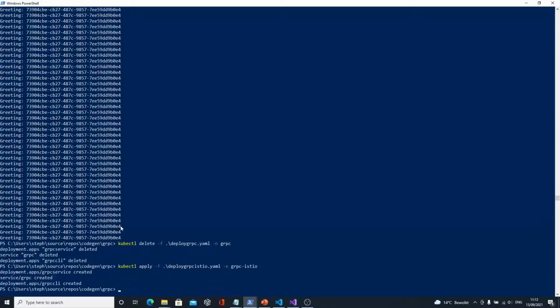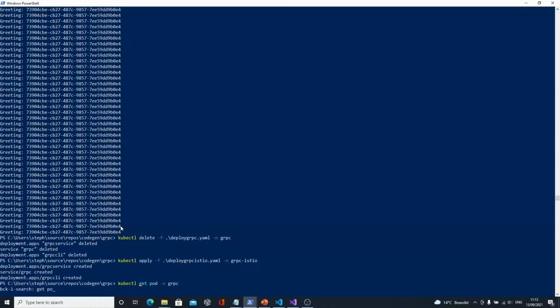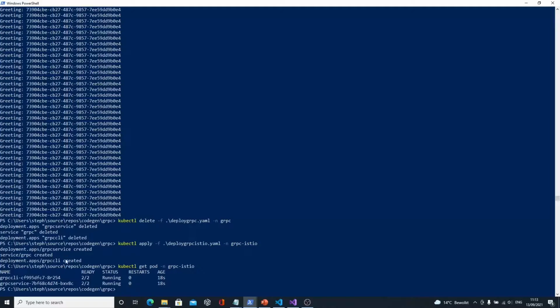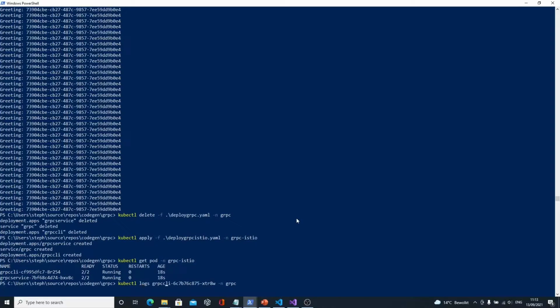So you could see clearly that without Istio, at least, only a single instance kept being consumed by the client, and so you did not leverage the power of scaling out the pods basically. So let's now see. I should also have some pods now in my Istio namespace, gRPC Istio. Let's have a look. So 2/2, because now this time the Istio sidecar has been injected as well. So same here. If I log this guy, I should receive more or less the same kind of output that I had before. So let's have a look.